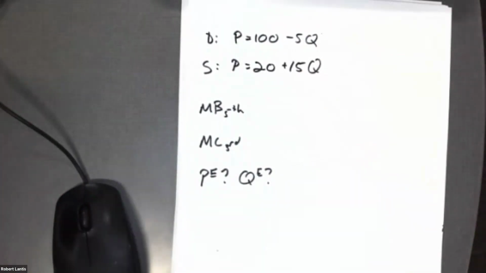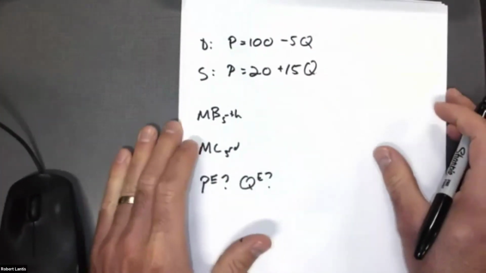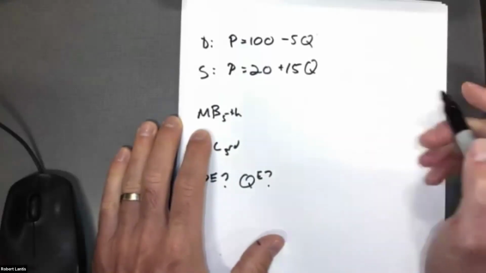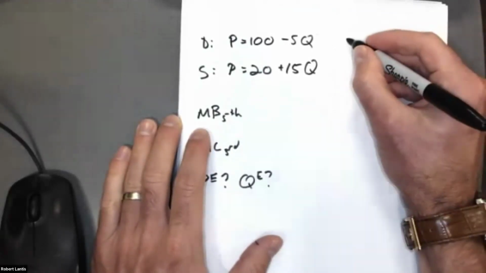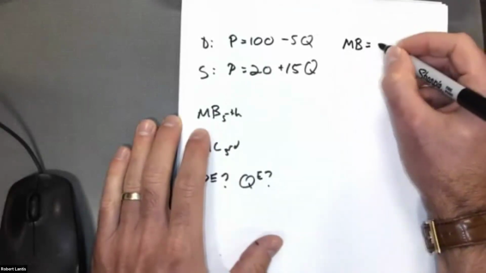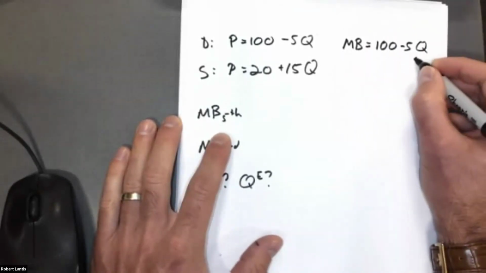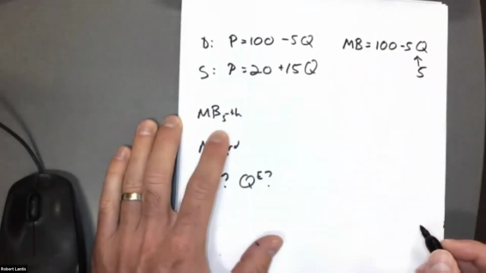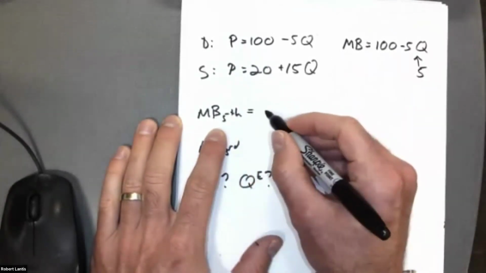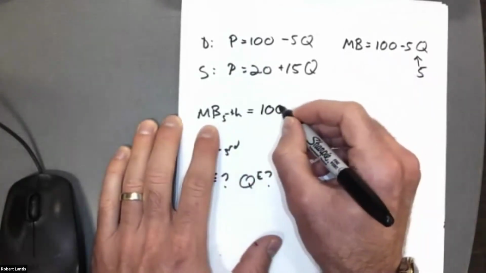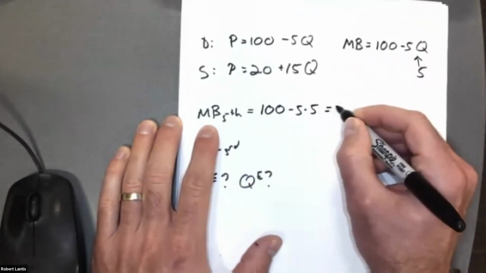Okay. So how could I find the marginal benefit of the fifth unit? Well, we said demand represents that price represents the marginal benefits. So all I would do is plug in my quantity I'm interested in, which was 5. So here my marginal benefit of the 5th unit would be what? 100 minus 5 times 5, or